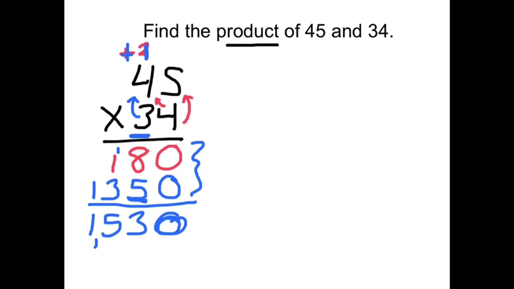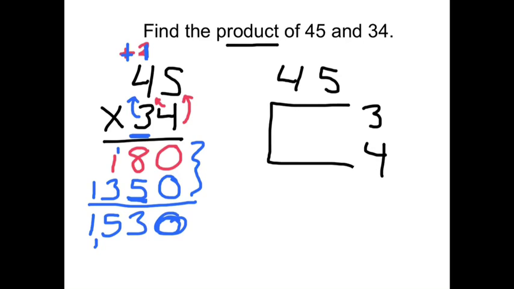Now, again, the other way is the lattice method. Write my 45 on top, my 34 on the side, draw a rectangle. This time I need to cut it into two pieces because there's two digits for 45, and this time I need to cut it horizontally once because there's two digits, a 3 and a 4, so we need to cut it so that there's two rows. Now I very carefully draw my diagonals,